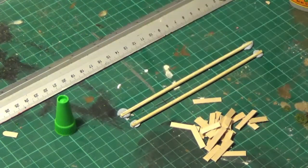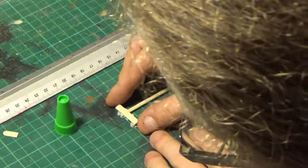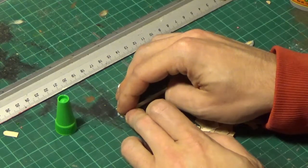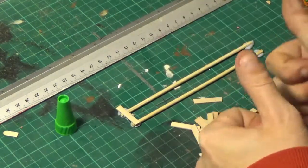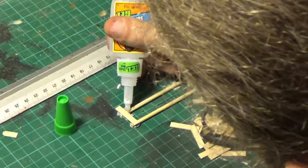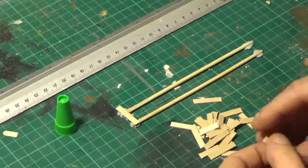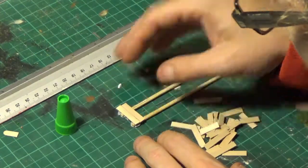So first of all, we just want to lay one plank down. I usually use the mid-height to start off with, and that just makes sure that everything's straight. And then once you've got that initial one down, just work in sort of inch, maybe half an inch lengths, and this just